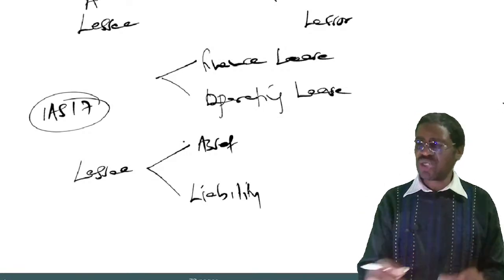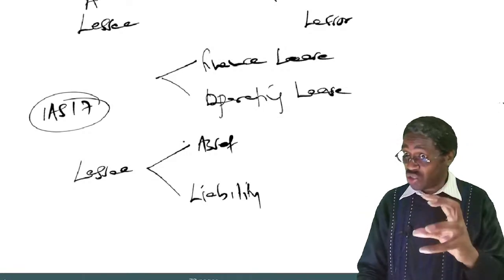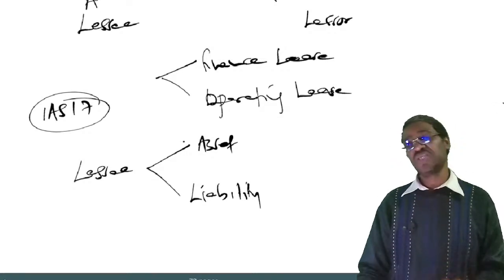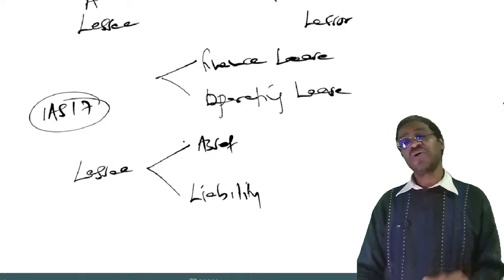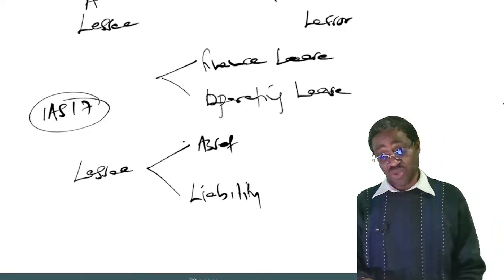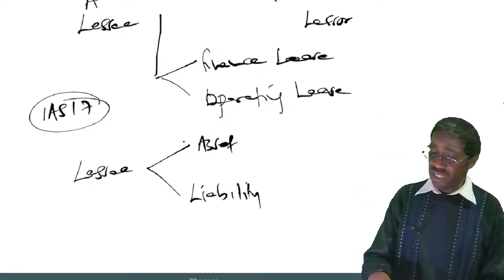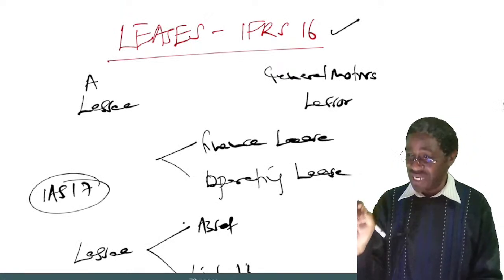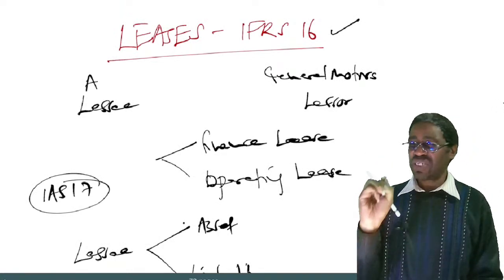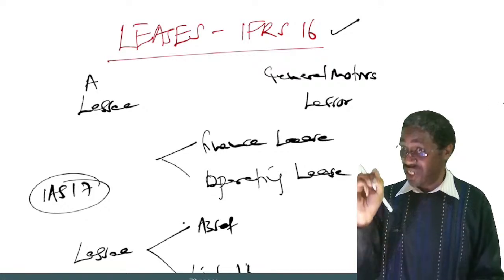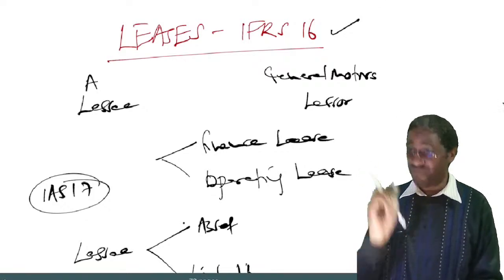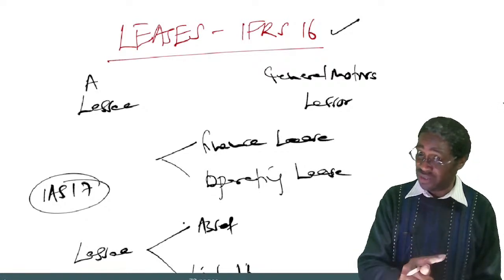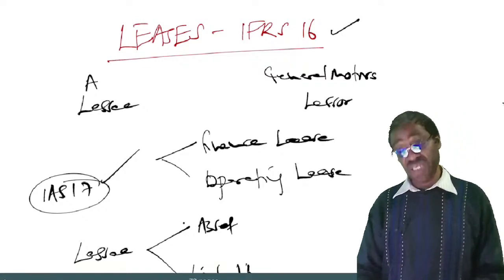The reason why you should recognize this lease contract as an asset is because you have the right of use of that asset. Okay? So that's what we are saying. Let me review that. I have said, before the accounting standard IFRS number 16 became effective, there was IAS number 17.